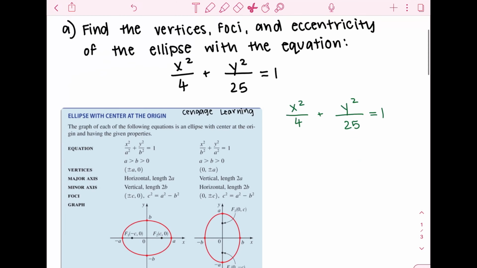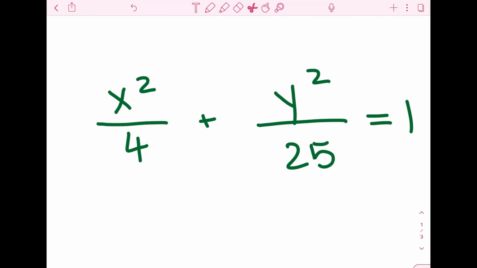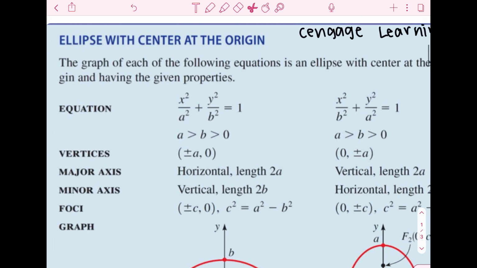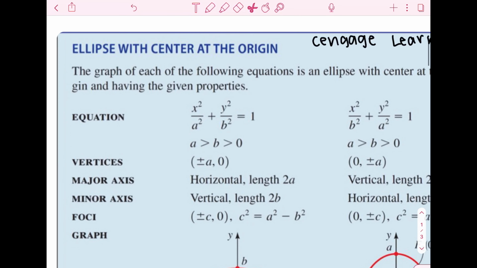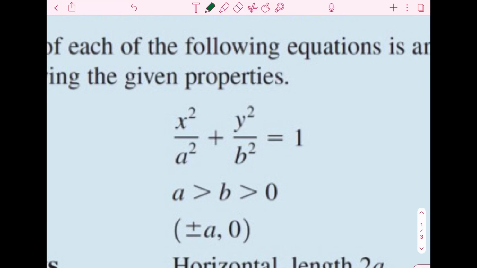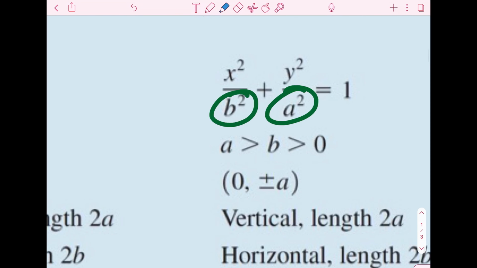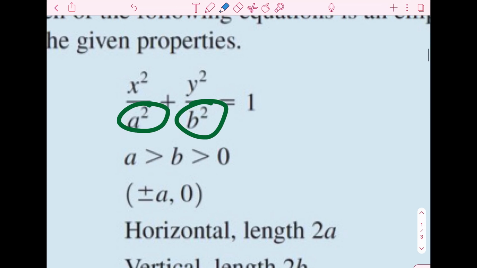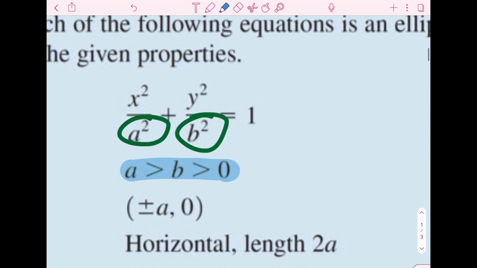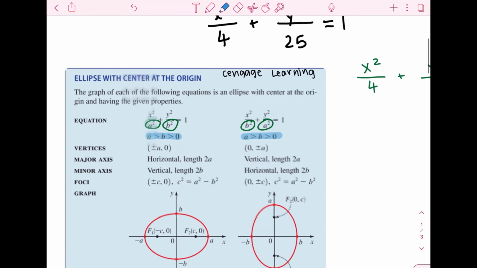Okay, so now that we have our problem written down, let us go into what type of ellipse this equation will yield. So we notice a few key things about this. First of all, if we look at this diagram given by Cengage we can see that both of the ellipses yield different equations, and the only difference that I can spot is that a squared and b squared just come under different variables. So we know that a is always going to be greater than b, which is always going to be greater than 0. So we know that a is going to be our larger number in the equation. So a squared, depending on its position, if it's under x squared or if it's under y squared, will yield a different